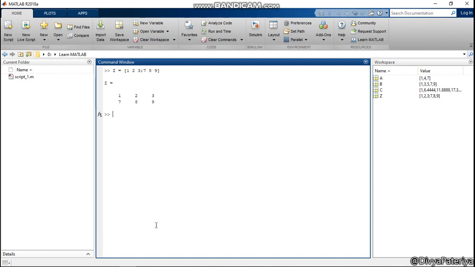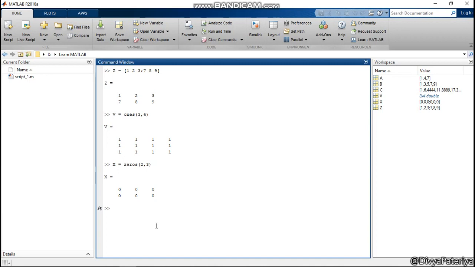Suppose I want to create an array in which all the elements are 1. So what I can do is write the variable name and then ones, which is the inbuilt function, and I will write the size of the matrix. Suppose I want a 3 by 4 matrix. I will write 3 comma 4, 3 rows, 4 columns, and we'll have a 3 by 4 matrix with all contents as 1. If I want all the contents to be 0, I am giving another variable x. I will write zeros, and I will give 2 comma 3. Suppose I want 2 rows and 3 columns, then I will have a 2 by 3 zeros matrix.